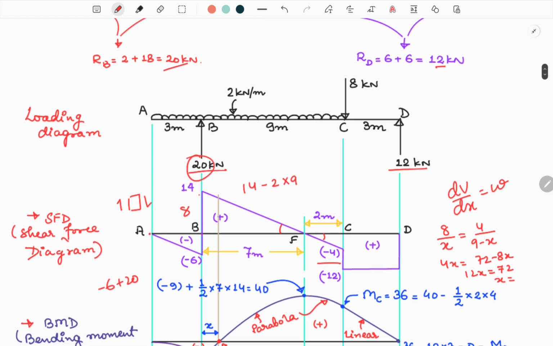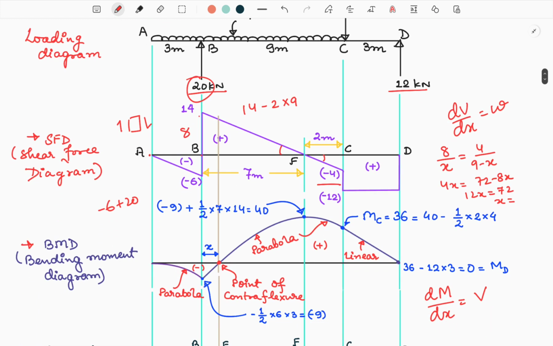Okay, and at B there will be a sudden drop of 8 kilonewton. So from minus 4 we will get to minus 12, and since there is no loading between C to D, this minus 12 will become constant till D, and at D there is a sudden increase of 12 kilonewton. So at D the shear force will finally become 0. Now using this shear force diagram, we will try to calculate